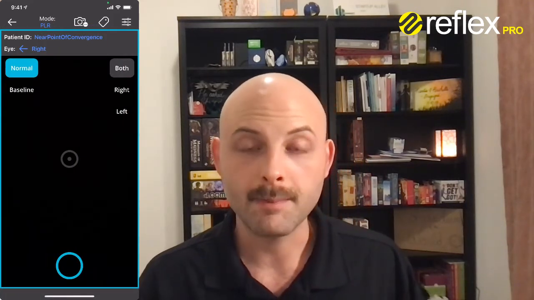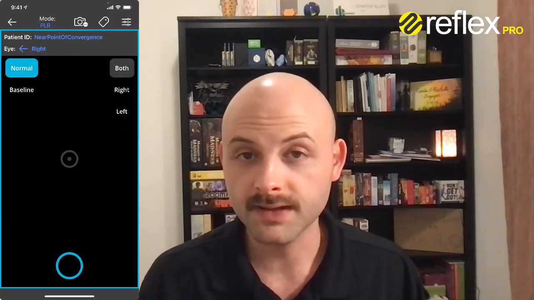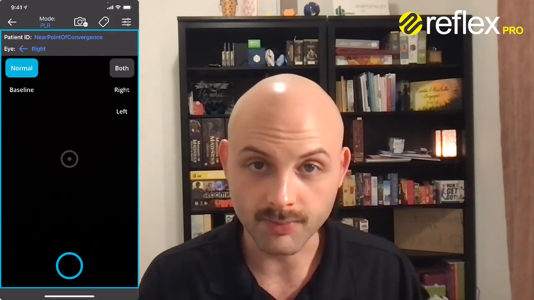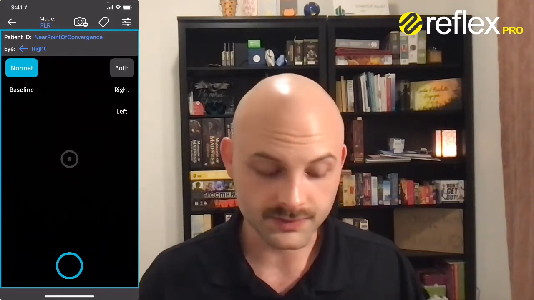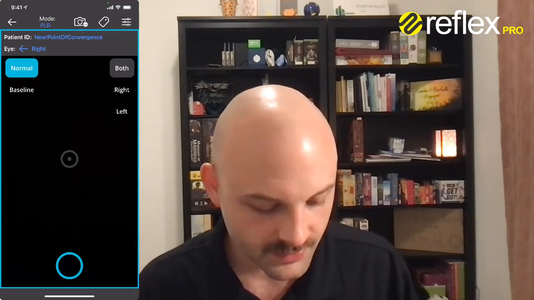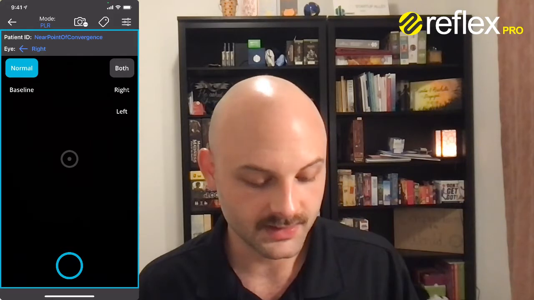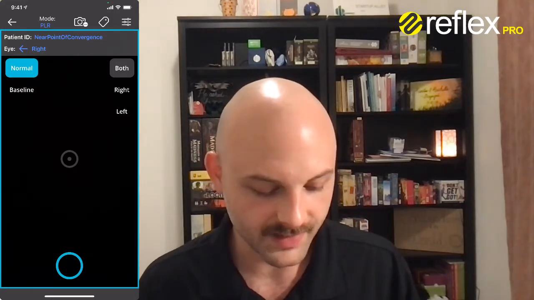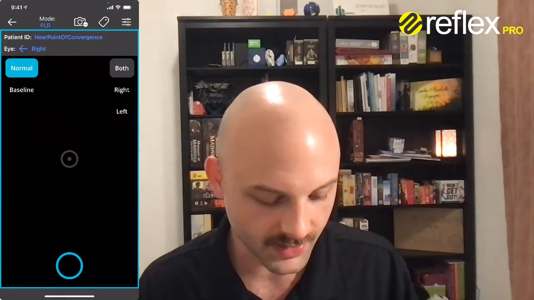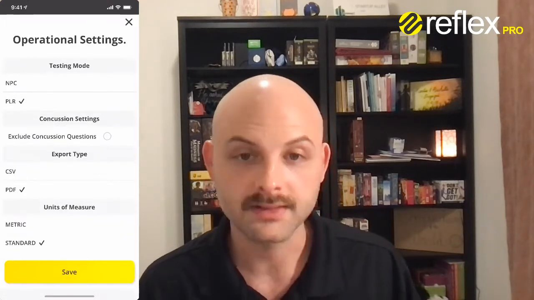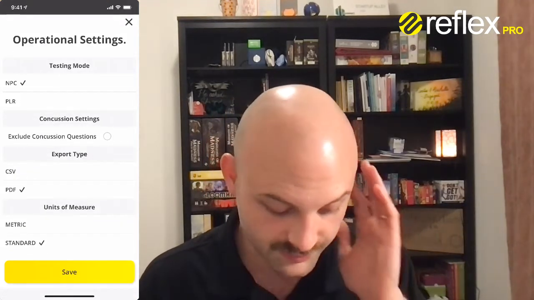Now, in order to take a test, we will click Actions, Take Test, and you can see that we are currently in PLR mode. So Reflex currently has 2 different modes to be operating under. PLR mode is, of course, for pupillary light reflex testing. And then if you want to select the near point of convergence testing mode, you will tap the camera on the top of the screen with the 3 dots, and then select NPC for near point of convergence